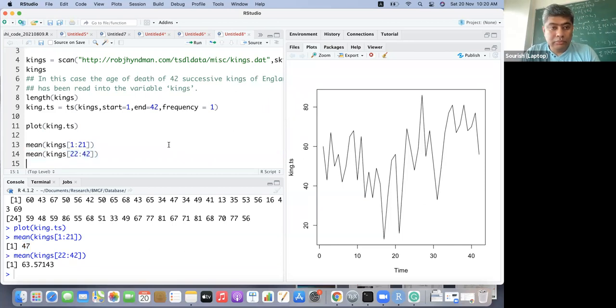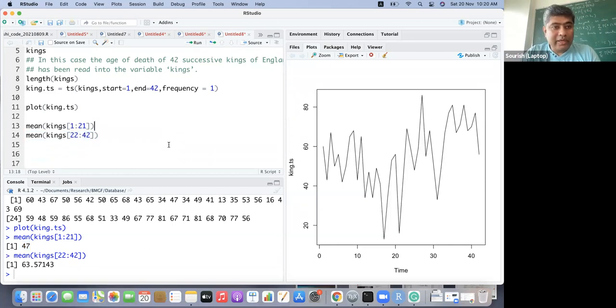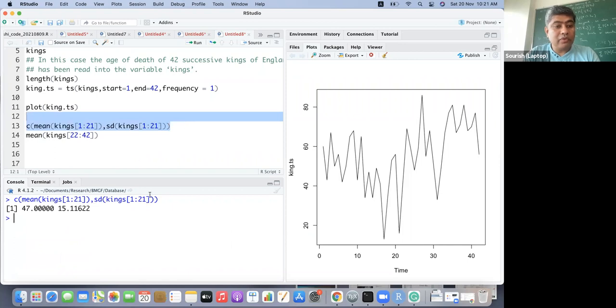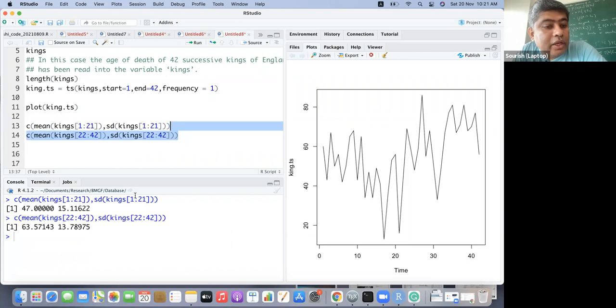I mean, just looking at these two facts, we can check the standard deviation also. So that will actually give us a much better feeling. So 47 years with 15 years of standard deviation, and 14 years of standard deviation.